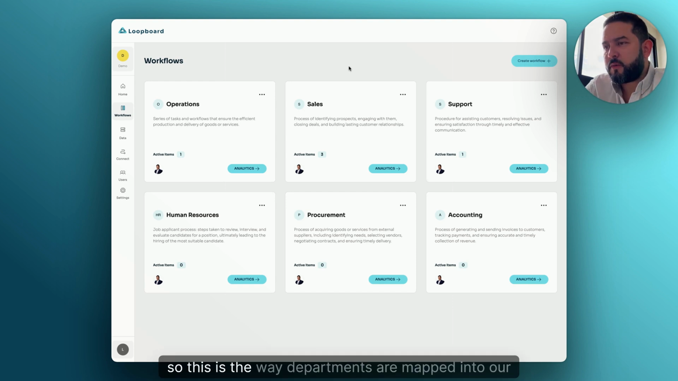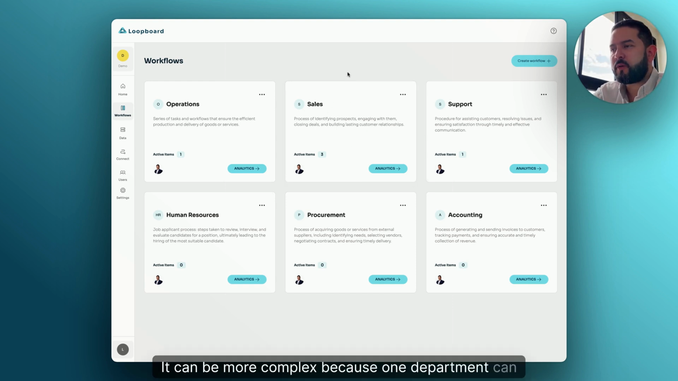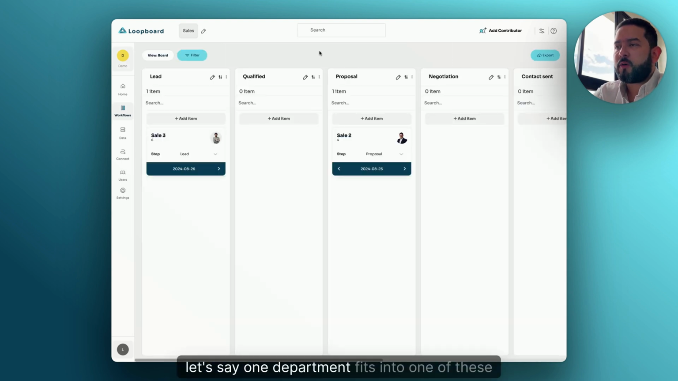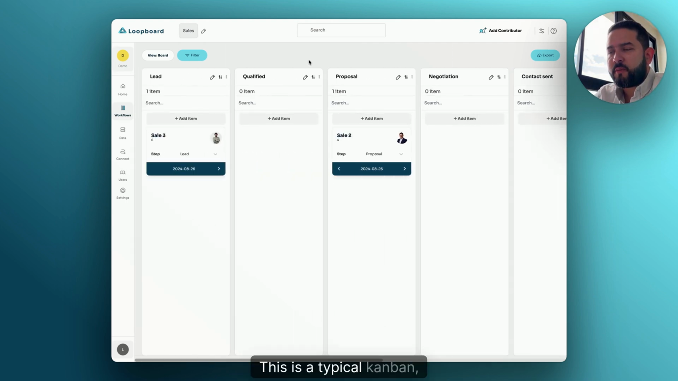All right, so this is the way departments are mapped into our platform. It can be more complex because one department can have multiple sub-processes, but for the sake of the example, let's say one department fits into one of these workflows, and then we have a series of steps. This is a typical Kanban model. You have steps that are